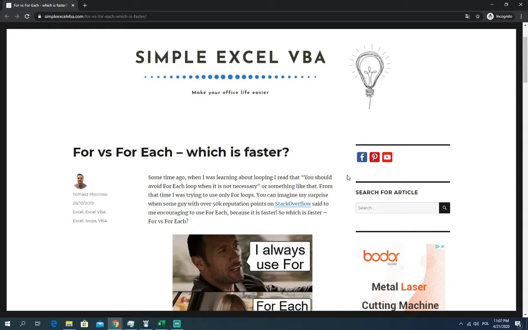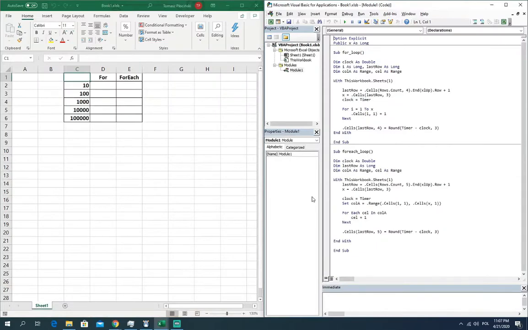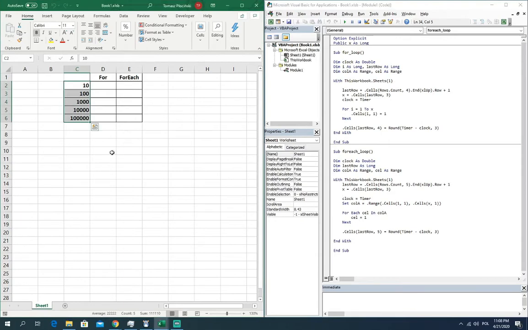At that moment, I realized that I need to check it on my own and see what is true and what is not. So I prepared the code for that, a simple code. As you can see, one sub for the for loop and one sub for the for each loop. And these are quite simple loops. As you can see, it's all about filling the cells with one value. So I also prepared a table with the numbers of iterations for those loops, and yeah, let's go to the